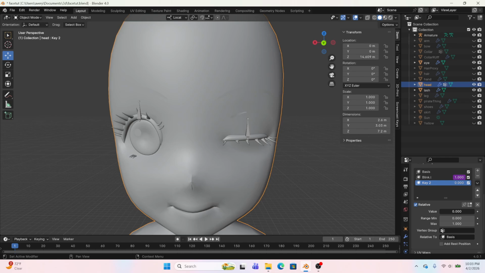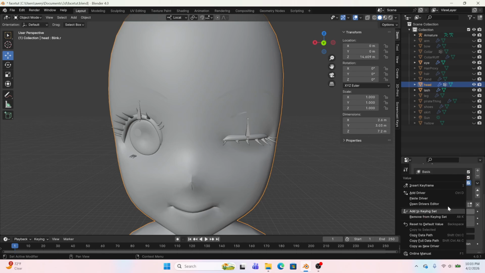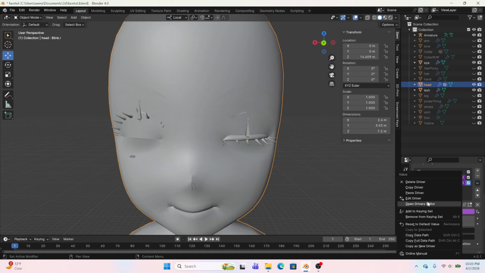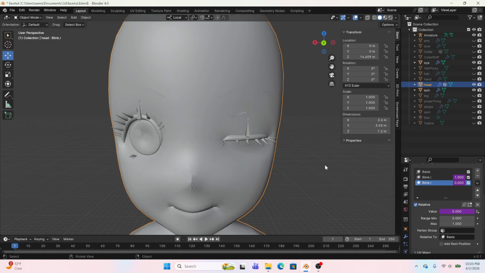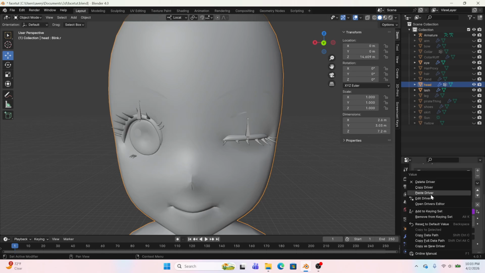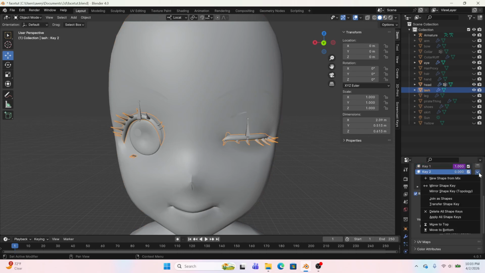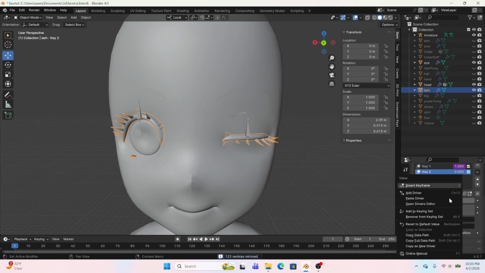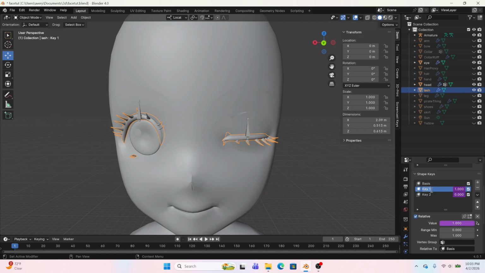So yeah, now we got 2 blinkies. And we can just call this blink.r. And you can just copy this driver again, paste it. This time, go into edit and set this one to blink R. And then you can just copy it and do the same thing with the eyelash. New shape key from mix, mirror shape key, and paste the driver. And I just do this blink.l